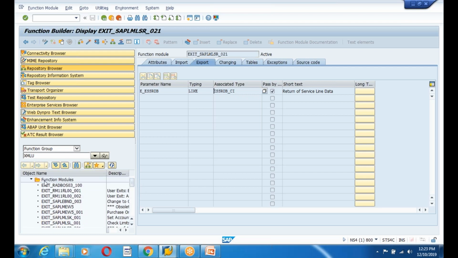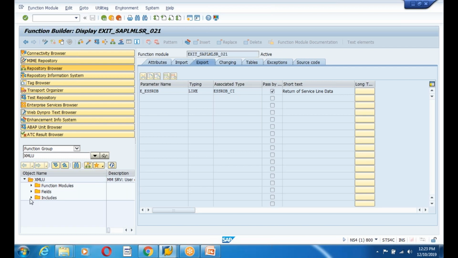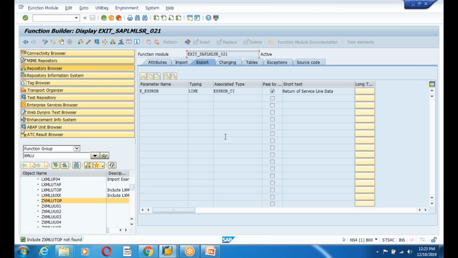So what I can do is in this function includes